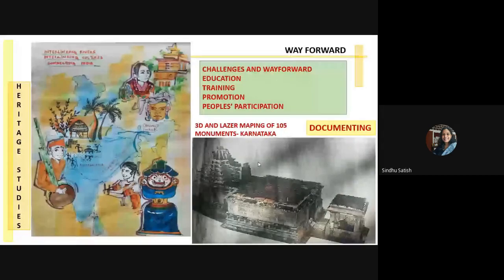The Karnataka State Council of Science and Technology has completed about 105 monuments in this 3D and laser mapping, and they are doing a lot of other things also. All of this is under the Department of Archaeology, Museum and Heritage in Bangalore, and other states have also progressed a lot in terms of this. And a huge project of documentation of Konark temple also is going on, and Belur Halebeedu temple, many temples actually. This is an advanced activity, and advanced documentation process is happening. So that's good news for all of us.